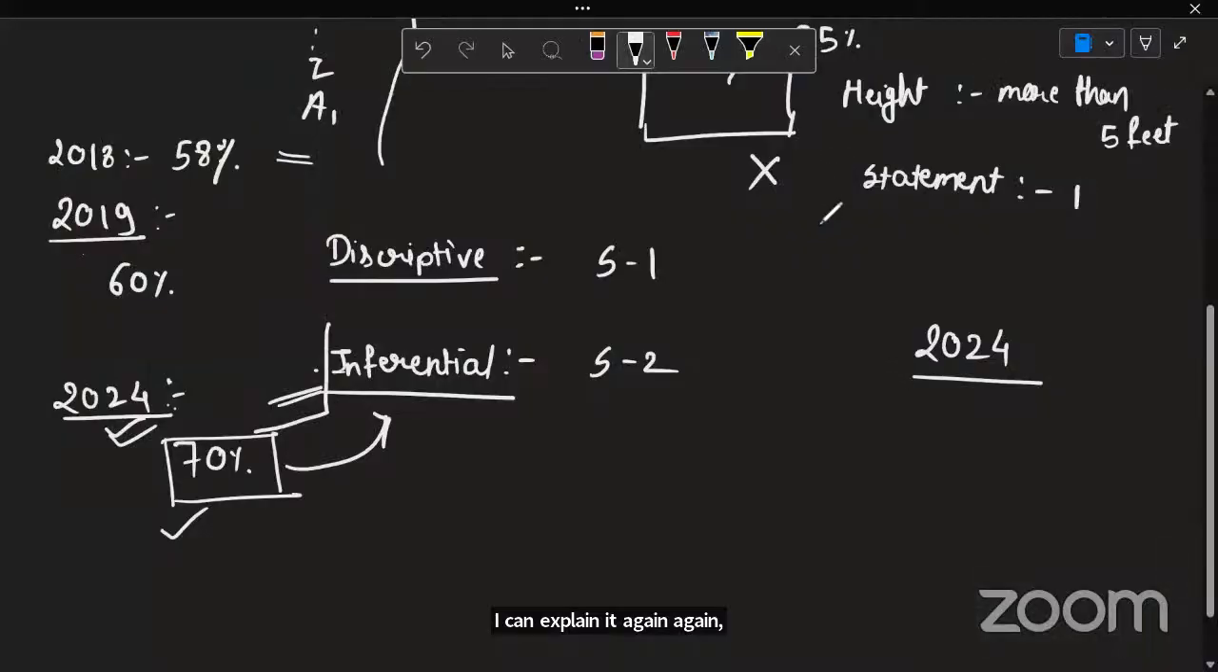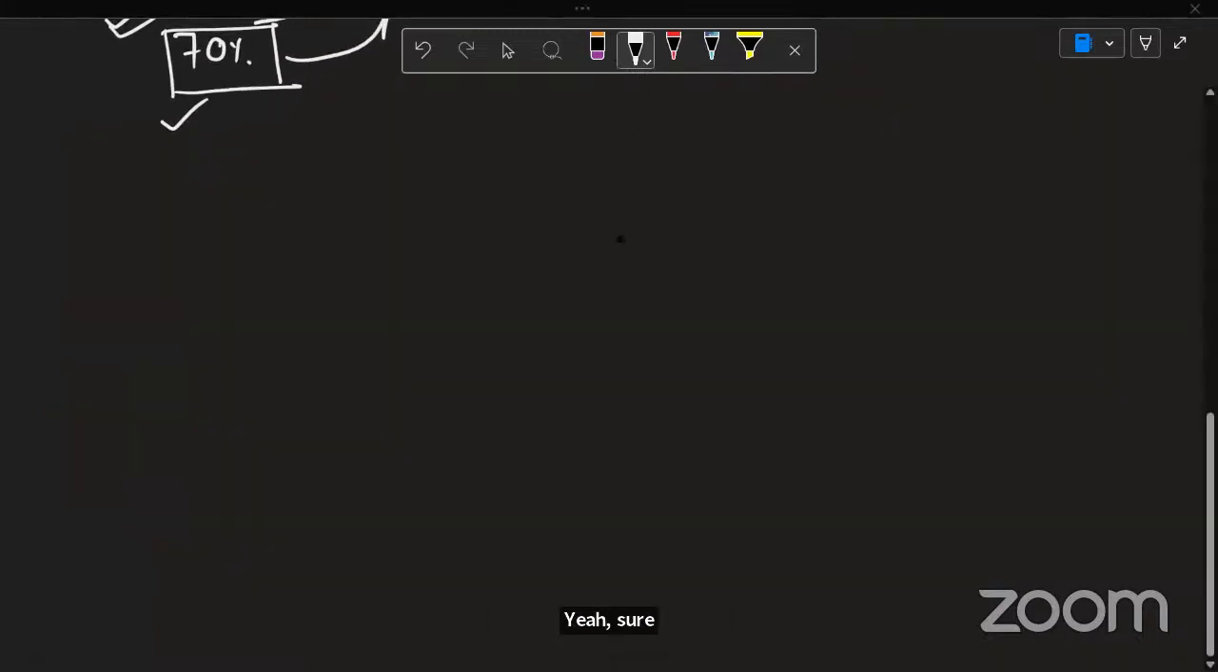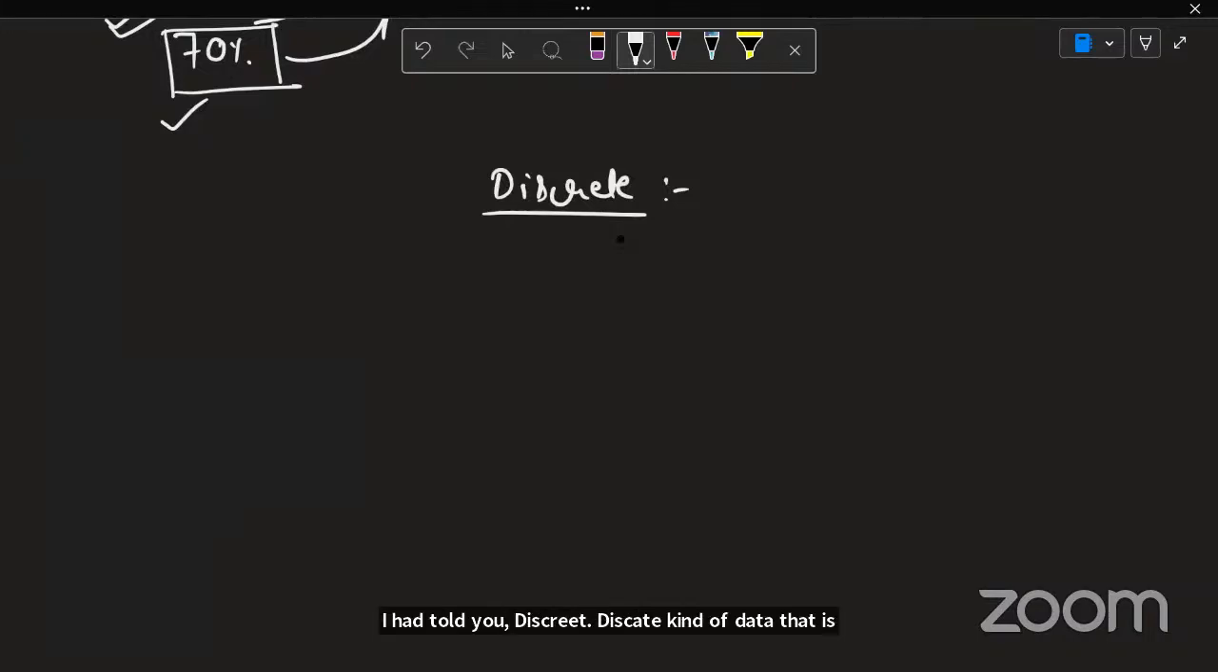Yeah, sure. Continuous and discrete. Discrete kind of data is what whenever your variable can take values in a countable number of ways, then we say the type of data is discrete. And whenever your variable or data can take an uncountable number of values, then we say it is continuous. For example,